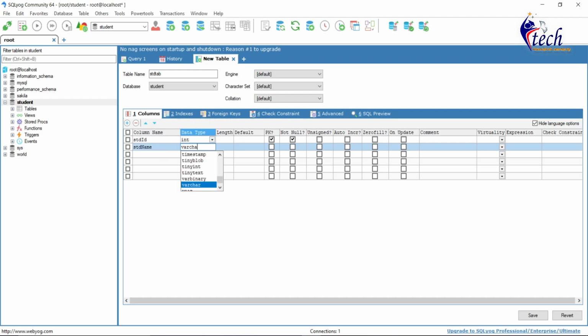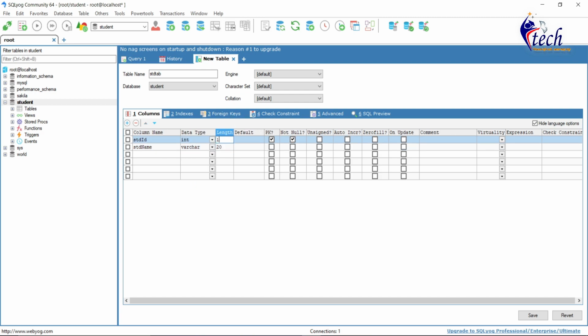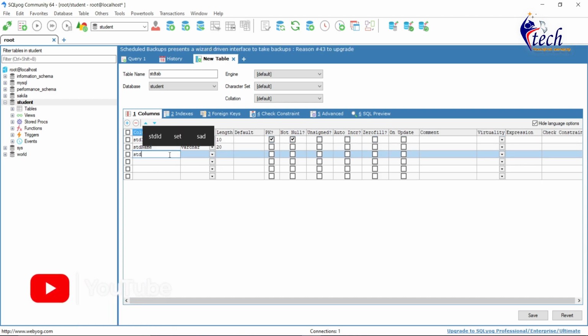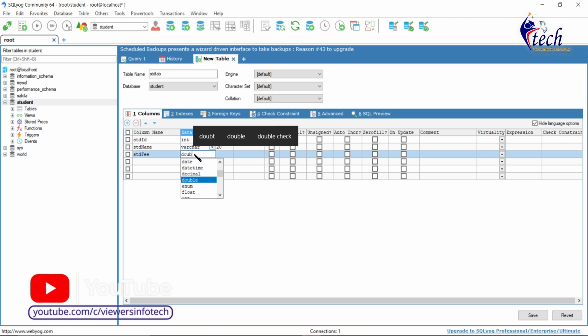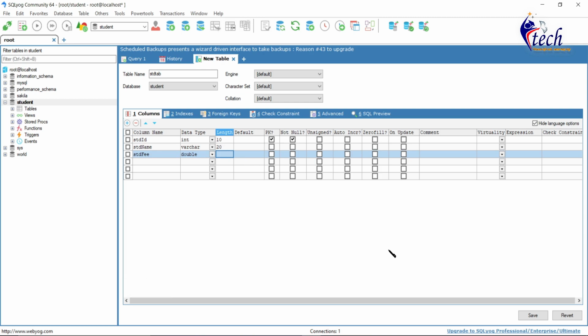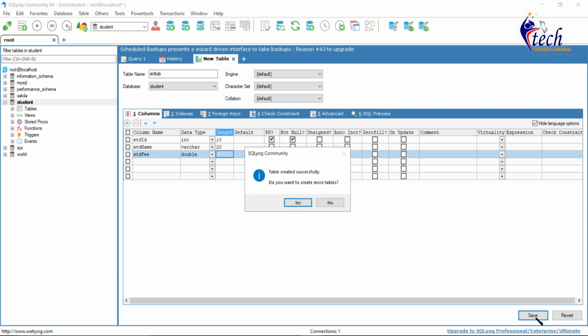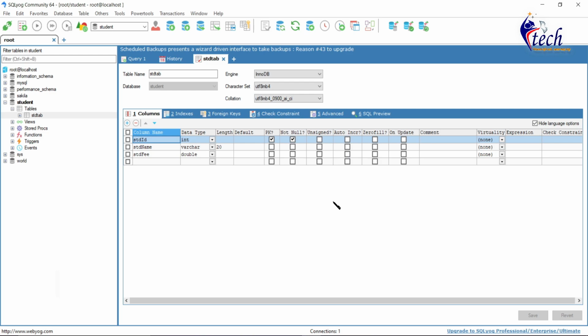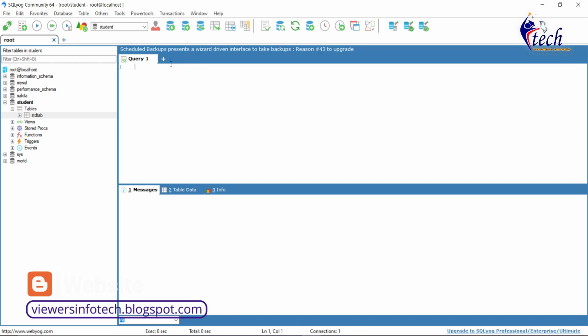This is varchar, and the length is 10. I want to add one more variable, student fee. This is double. Now click on save. So the table is created. Now we want to create one more table? No, I don't want to create any table, so click on no. Now close this tab. Close this tab. So the table is created.